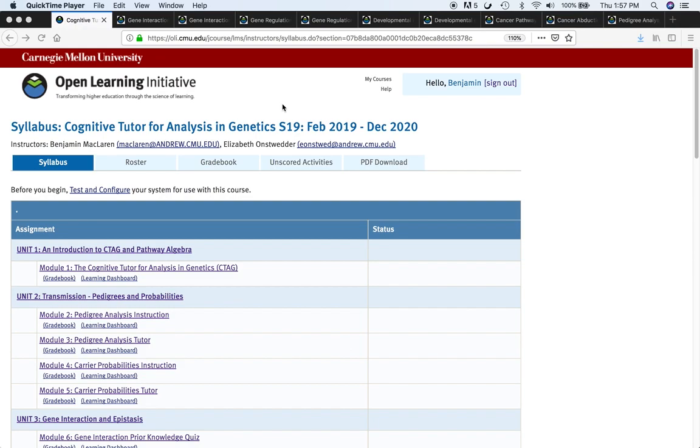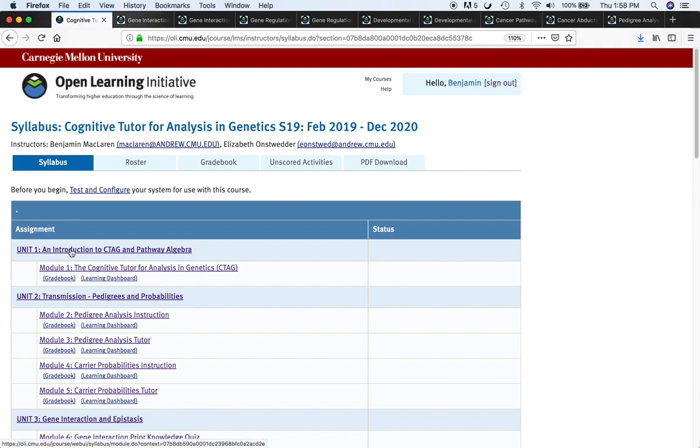syllabus for the course. As you use the tutor, you're never more than a few clicks away from this screen, so you can get your bearings and find out where you're trying to get to more easily. So the syllabus is broken down into units, the highest level of organization, and each unit is further broken down into modules. Let's start by clicking the first unit,